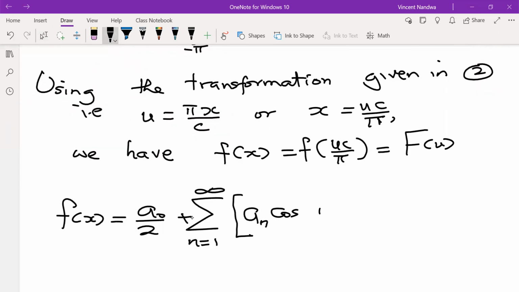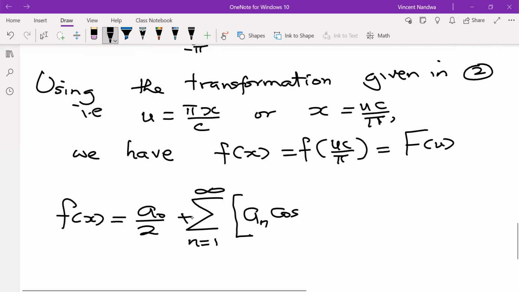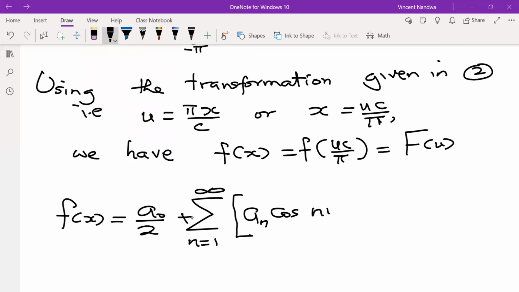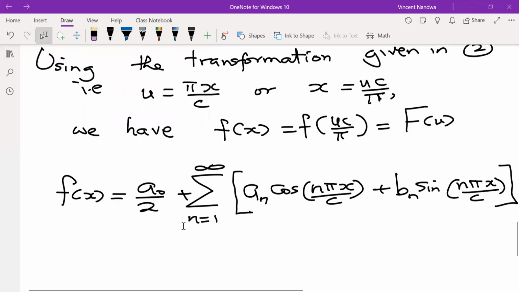So we'll have n x times pi, or n pi x over c, plus bn sine of n pi x over c, where